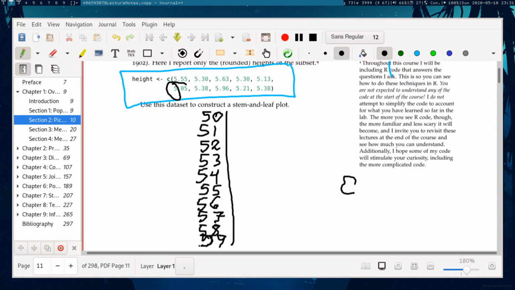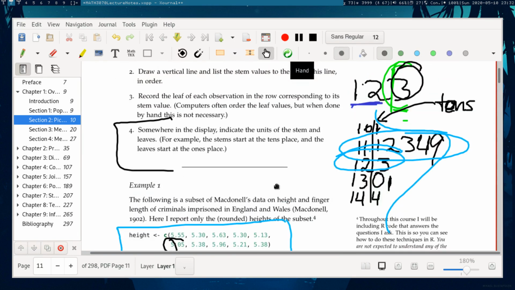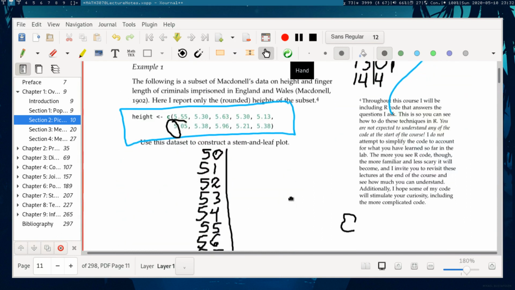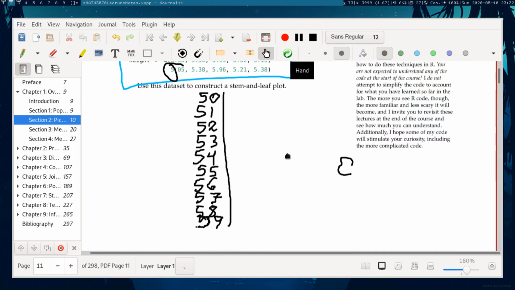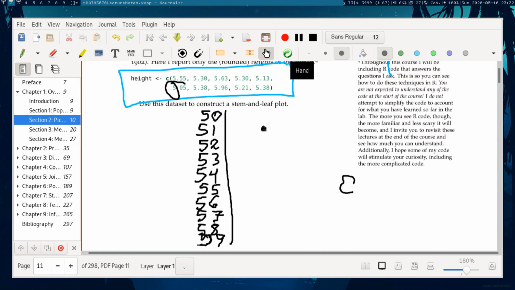so we now have the stem values, and now we can start recording our data set. If you were to do this on a computer, it would actually order the leaf values. Here they actually are ordered because 9 comes after 4, which comes after 3. So a computer would actually order it. I don't really see the point, because the point is to understand the distribution in a visual way, and ordering the leaves does not aid in that. So we can go ahead and just start reading across in this data set to make our stem and leaf